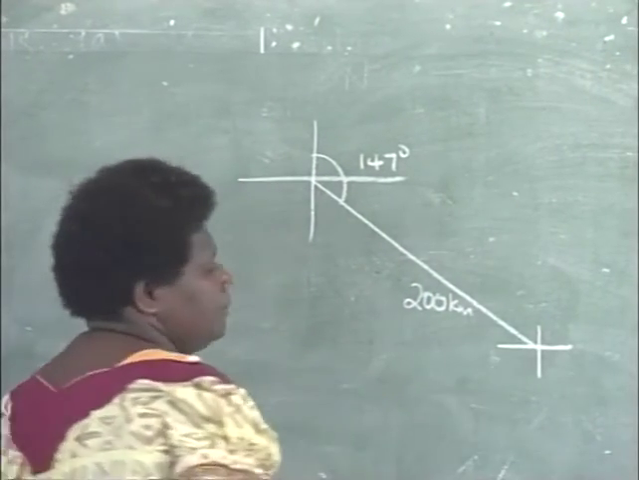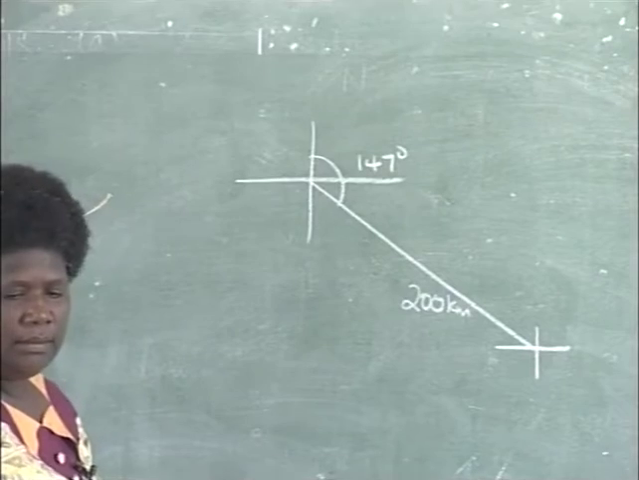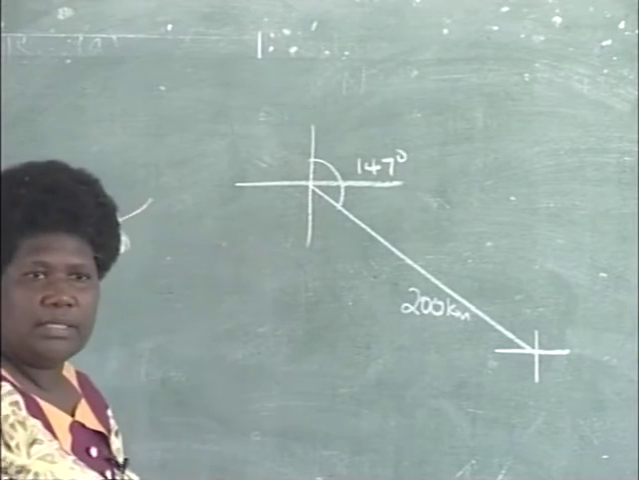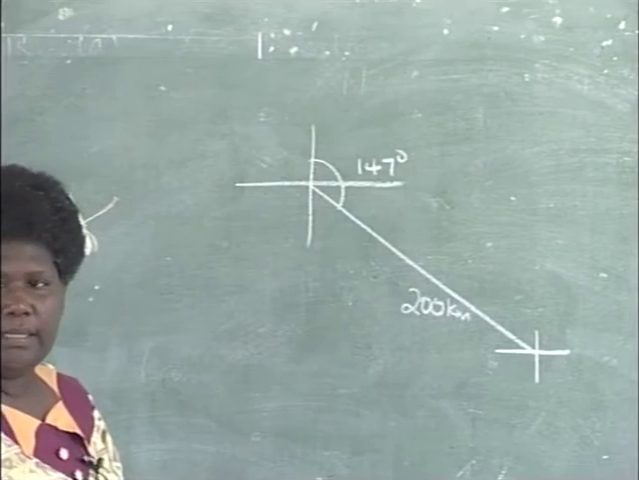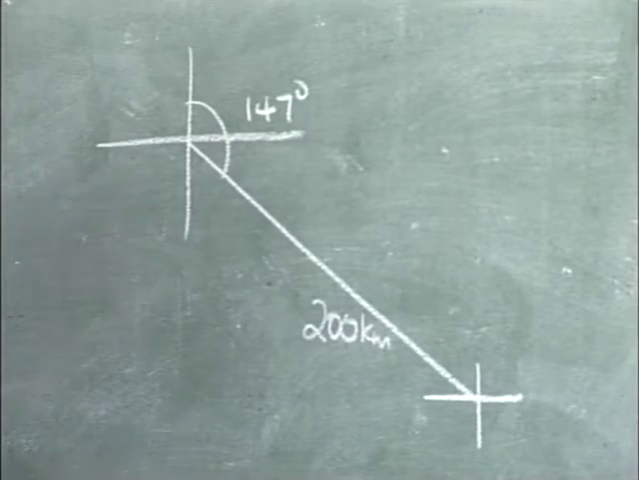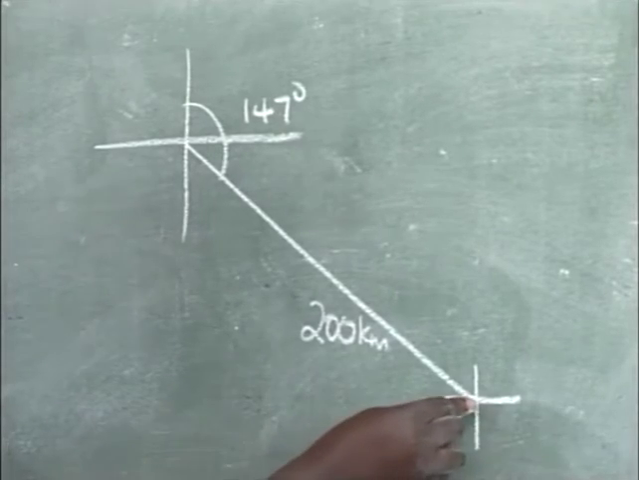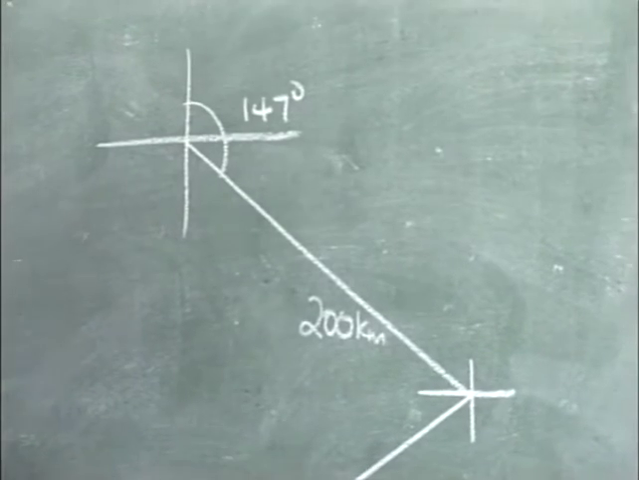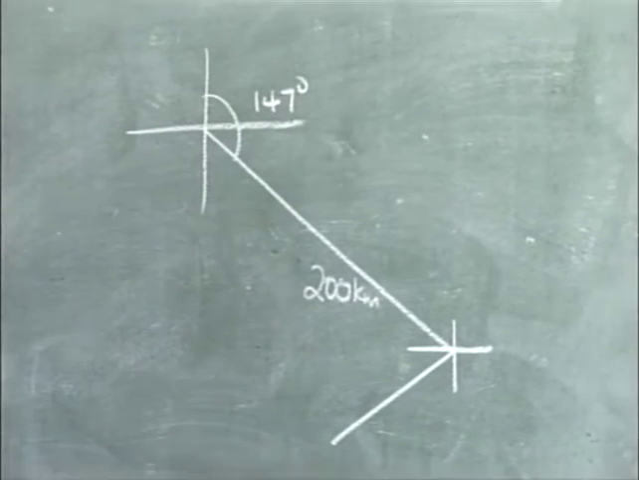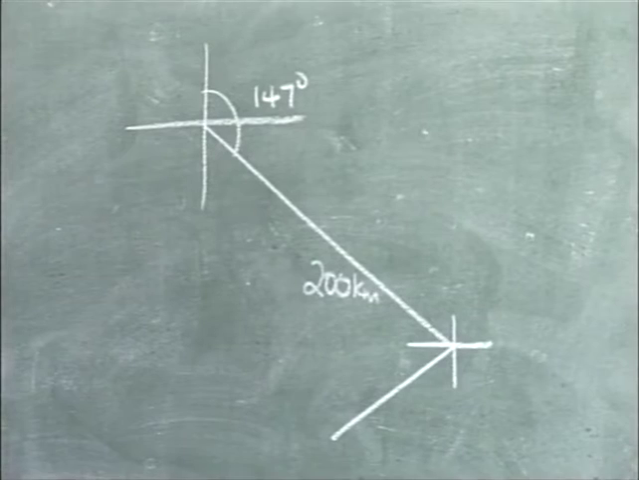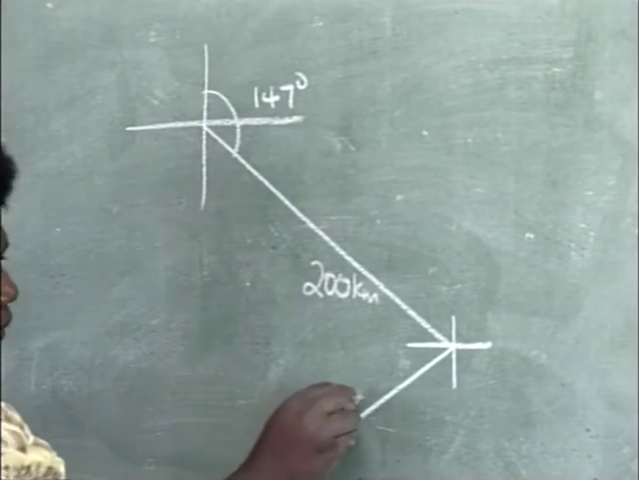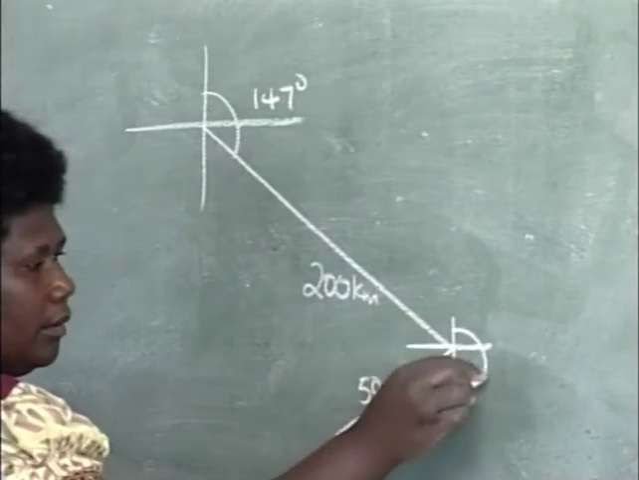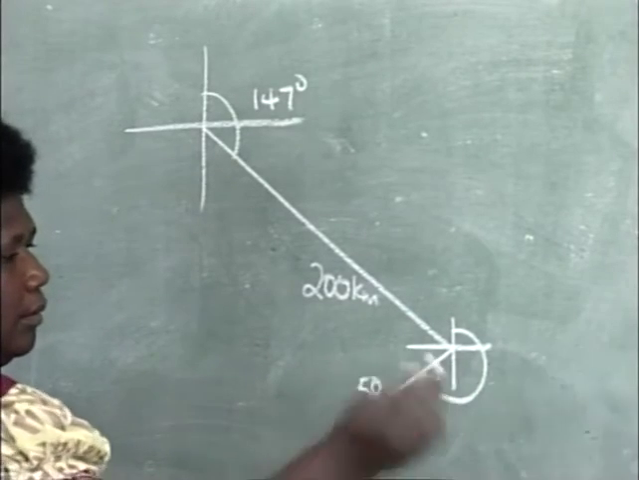From here, it then flies on a bearing of 237 degrees. 237 is between 180 and 270. And 50 kilometers is 4 times less than 200 kilometers, so that would be 50 kilometers. The bearing from north to here will be